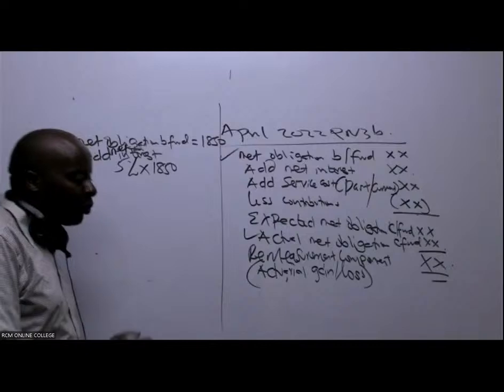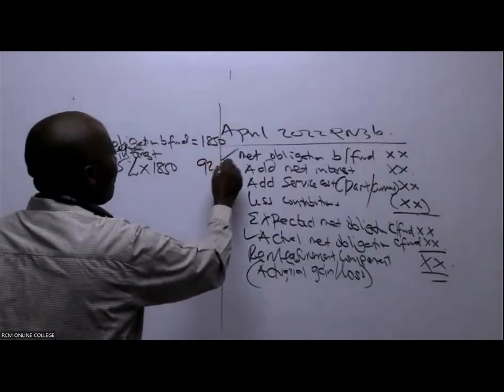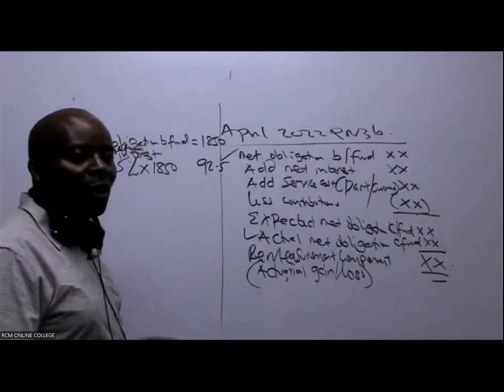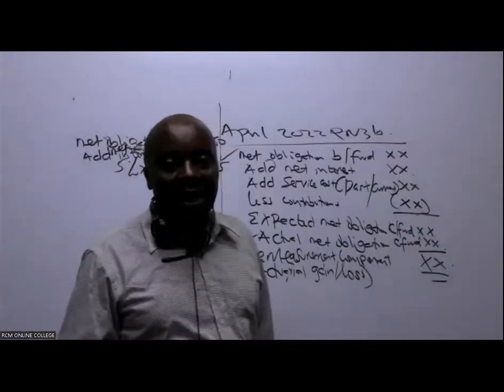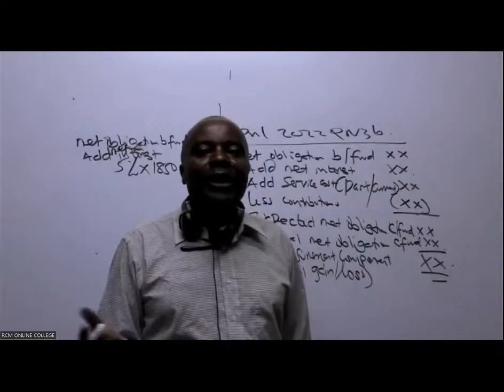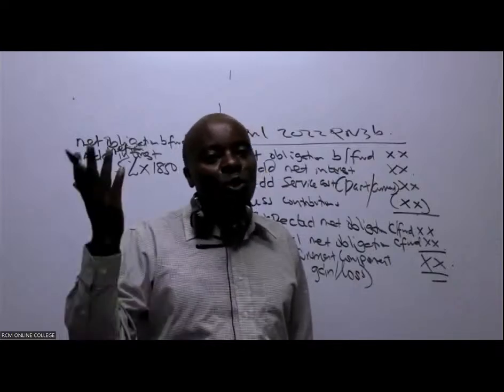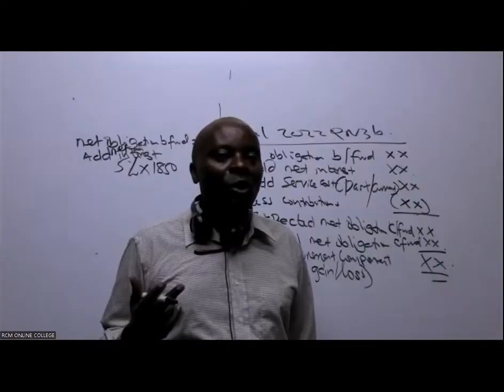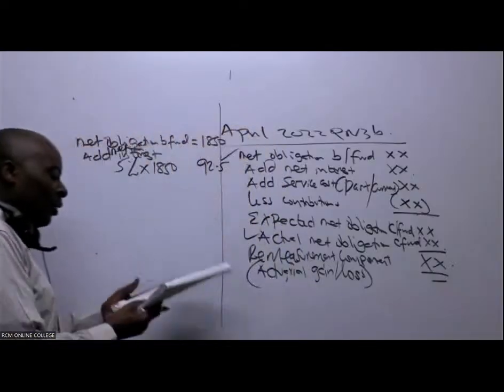92.5, right? 92.5, I mean. So 92.5. And then I ask myself, these employees have worked for us. Because when they work, we expect their contributions to go up. When they work, we expect in this case their pension to go up. So it will be a liability on us. They have worked, so you look there, they have given us